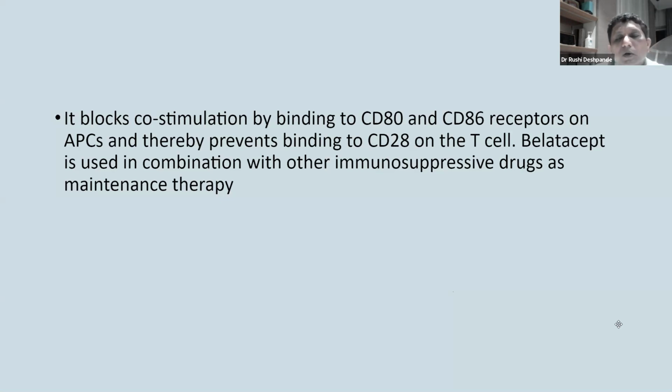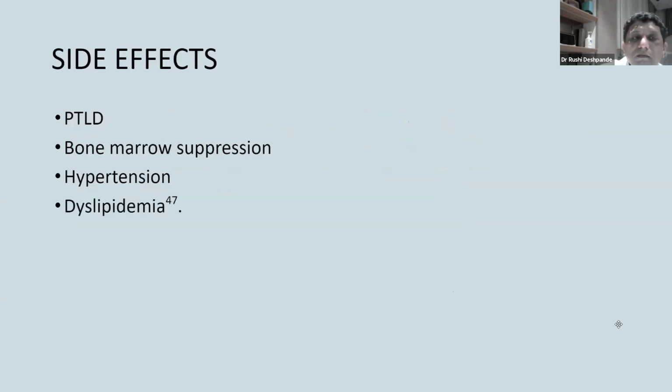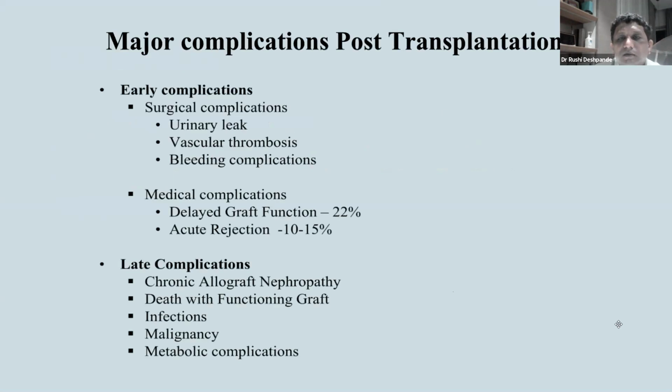If it's a local patient, it's doable, but if it's a patient from outstation, it's very hard to put them on this drug. And the relative benefits are not that pronounced. The relative benefits have to be really pronounced for us to do something like this, which is expensive and once a month, because even though we say calcineurin nephrotoxicity is common, clinical nephrotoxicity that would make us withdraw the drug or reduce it to a point where it is ineffective is not as common. Side effects of this particular drug: the worst is increased incidence of PTLD or post-transplant lymphoproliferative disease. The other side effects are dyslipidemia, hypertension, and bone marrow suppression.